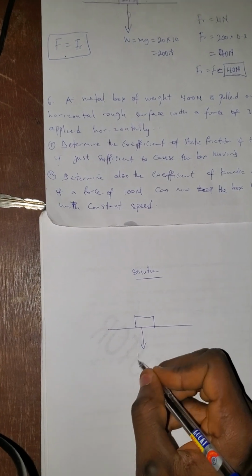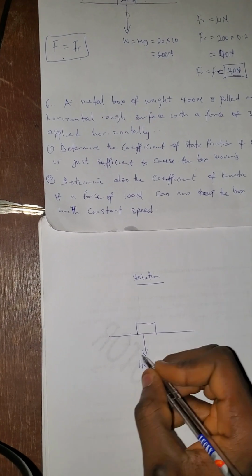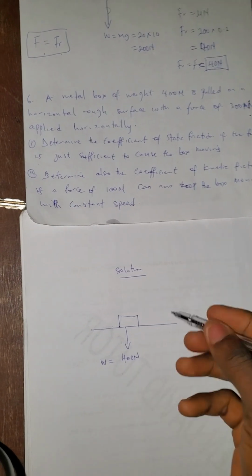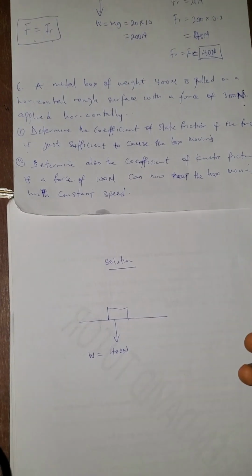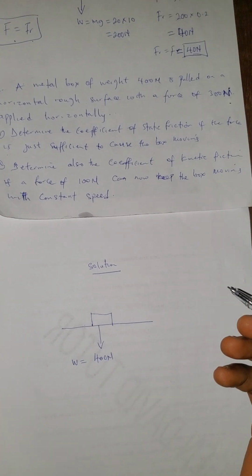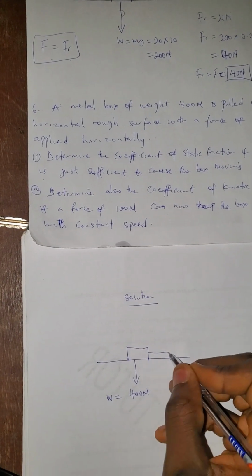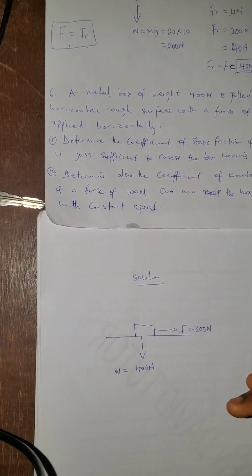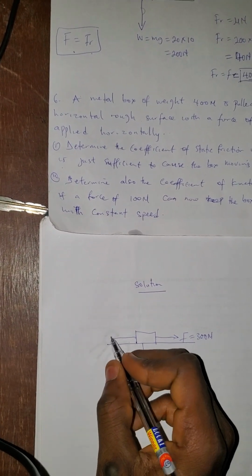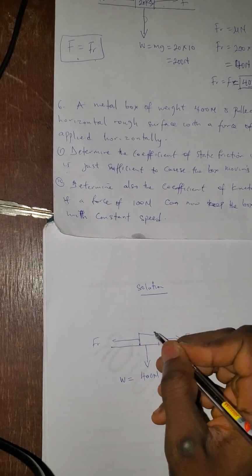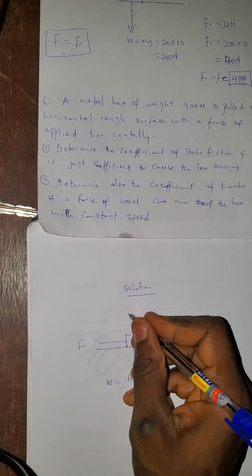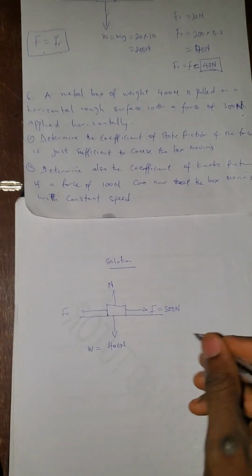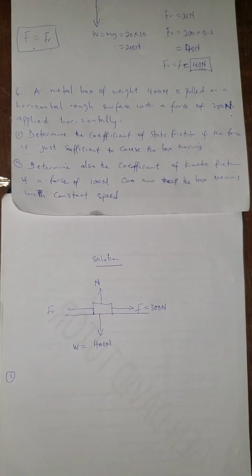That shows that the weight is 400 Newton. Don't forget, you have the weight at the bottom. It is a horizontal rough surface with a force of 300 Newton. Let's say the applied force here is 300 Newton horizontally. I told you it will be the same thing as the frictional force. And at the same time, your normal reaction will be equal to the weight. The first question says we should determine the